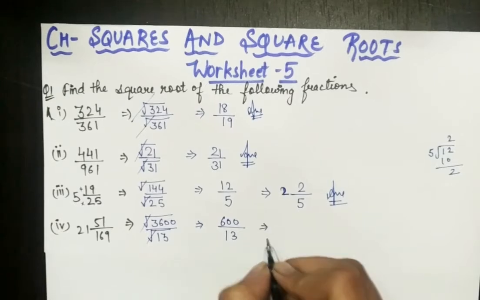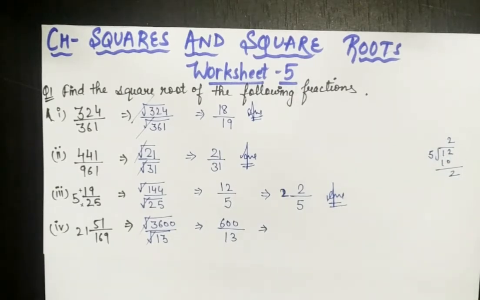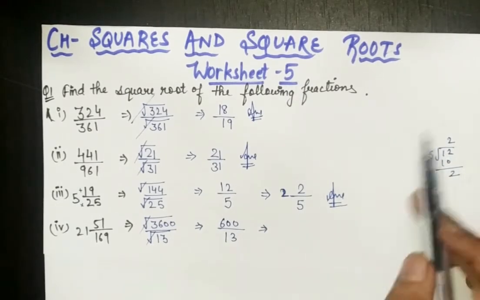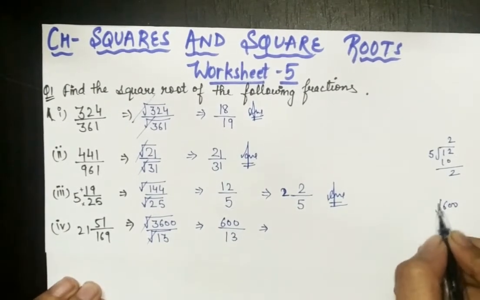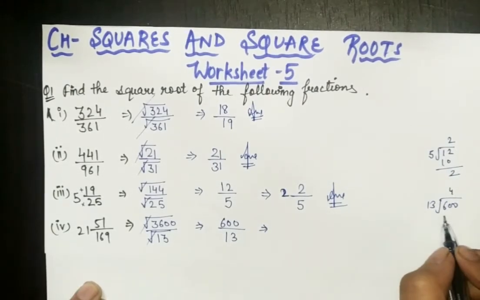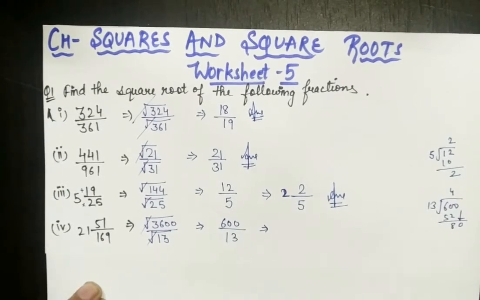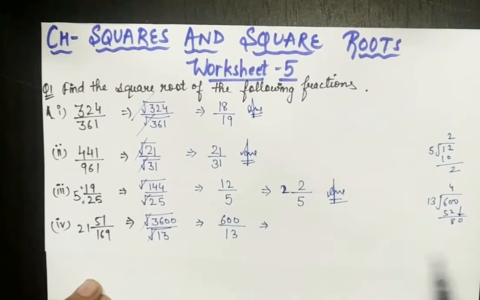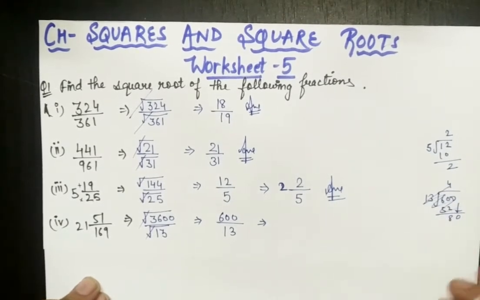Now you have to convert this into mixed fraction. How will you be converting this into mixed fraction? Similarly in this way, I'm just writing here, I'm not solving like this. Here also, you can simply write 600 and then divide 600 by 13. You will know that 4, then 52, that will be 8 and 80, and then you all know that you can do it with this part only. So I'm not writing here. Firstly you can solve this orally also.